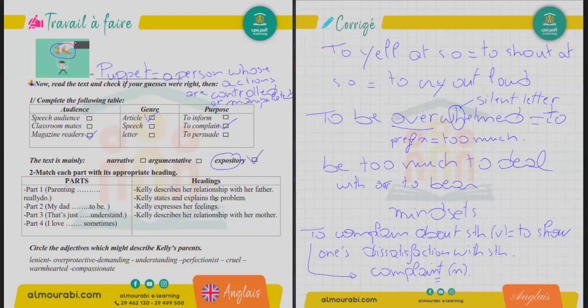كي تركزوا على الباراجراف الأولى part 1 ولا paragraph 1 اللي تبدأ من parenting هتكشي really do. كتيتر ولا heading, title or heading for the paragraph number 1 or part 1 of the text, heading or title, which one among these do you choose for part number 1? Okay, the states and explains the problem. Très bien. She explains and she states the problem.